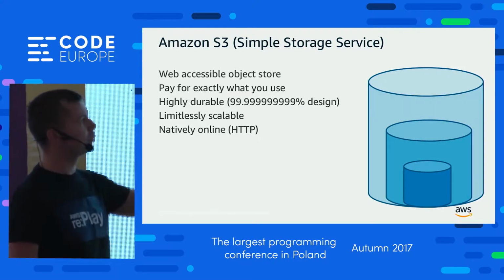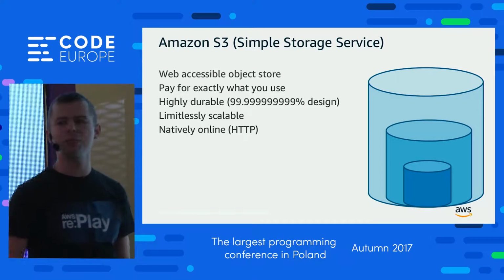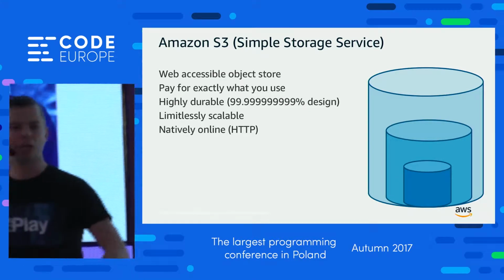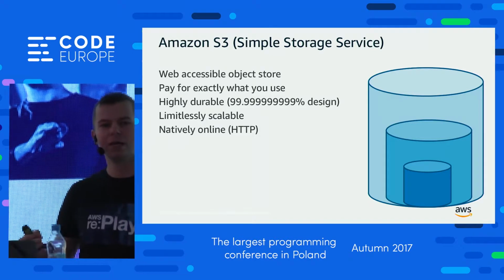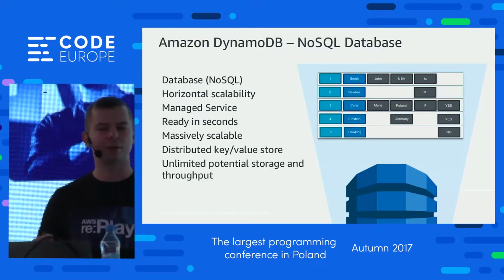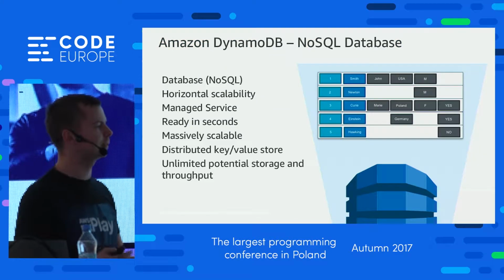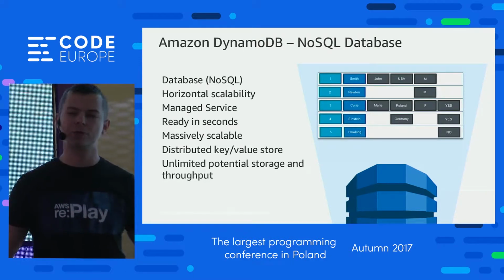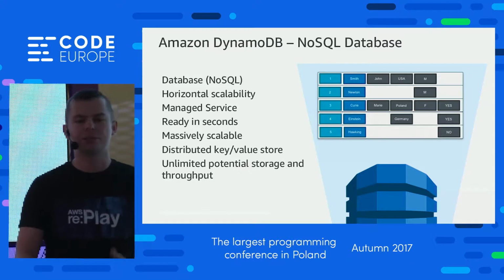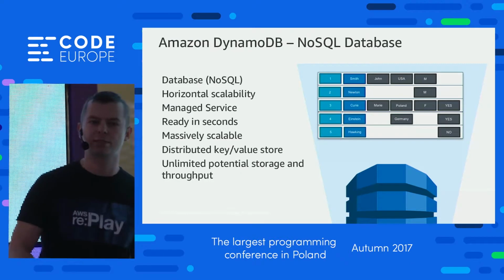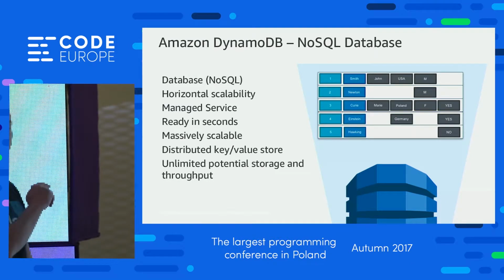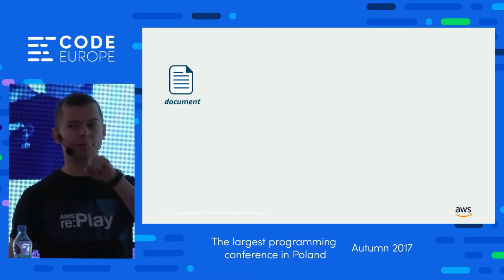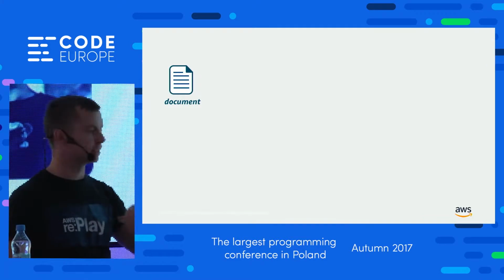The third service will be DynamoDB. DynamoDB is a NoSQL database, like MongoDB or Cassandra, but it's serverless. So we don't think about servers, we don't think about the infrastructure. We just tell AWS, I want to have a NoSQL database, and after 10 seconds it's there, and we can start working with it. Okay, so the first stage of the application will look like this.